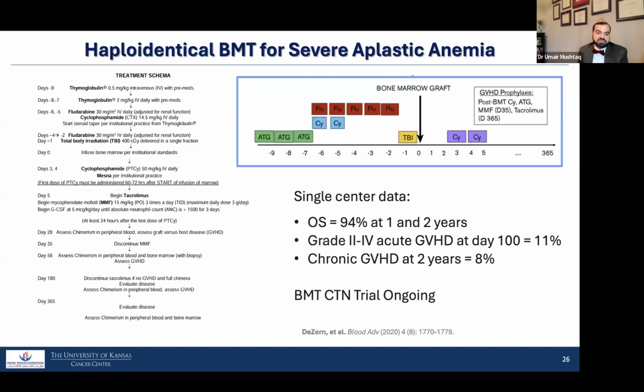But the most recent guidelines from the American Society of Transplantation and Cellular Therapy, that we're very proud of, Dr. Raheel Iftikhar has been the first author and he led that. And the recommendation now is to consider upfront transplantation. If you don't have a matched sibling donor, use a haplo or an unrelated donor. And outcomes are much better, because if you delay it to the relapsed refractory setting, patients are sicker, they get infections by the time they get to transplant. And then the overall survival looks more like 60% compared to over 90% here.